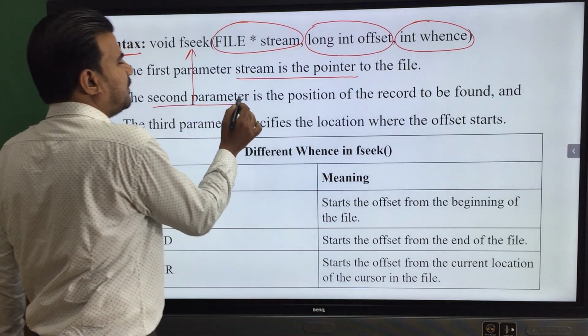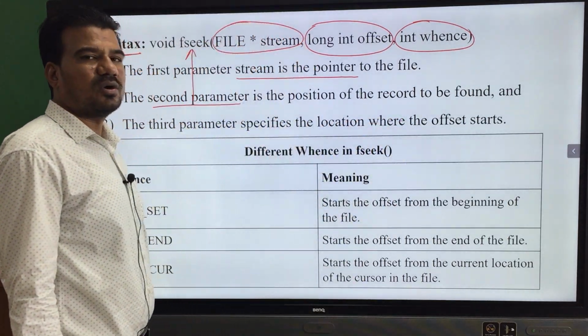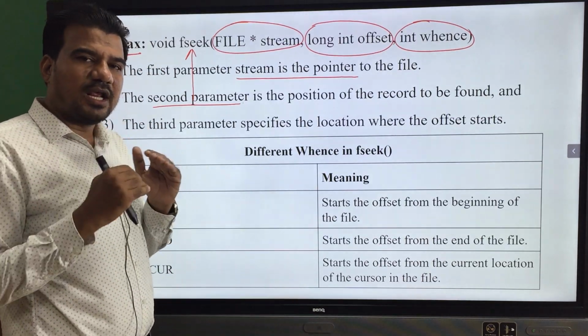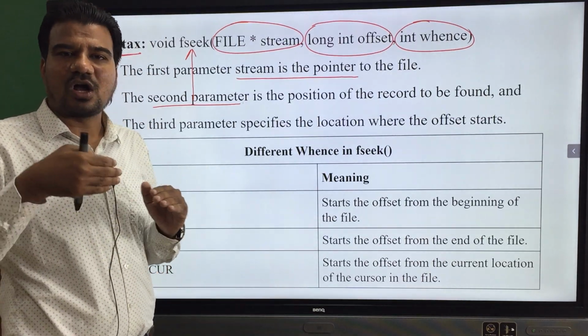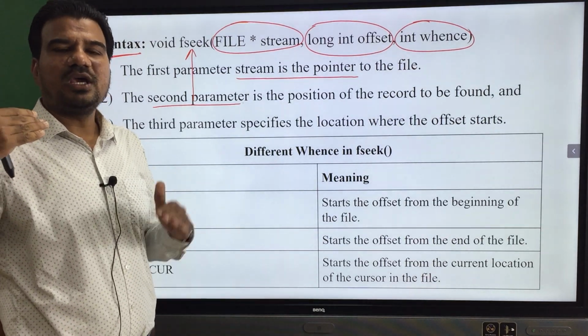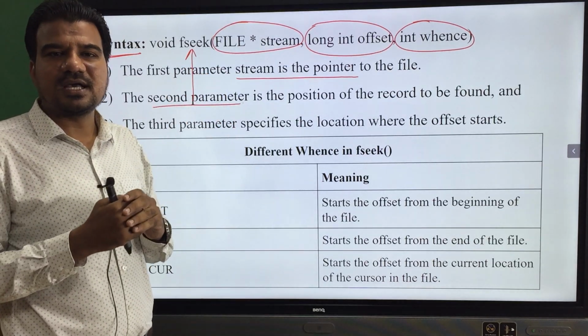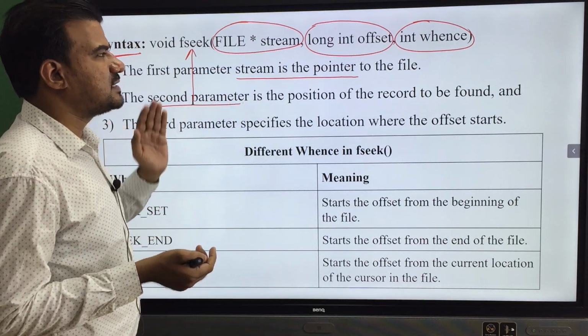The second parameter is the position of the record to be found. Suppose after 3 records, after 4 records, after however many records you want to read your data, that location, counted from the beginning of the file, how many characters away, we call that an offset value.